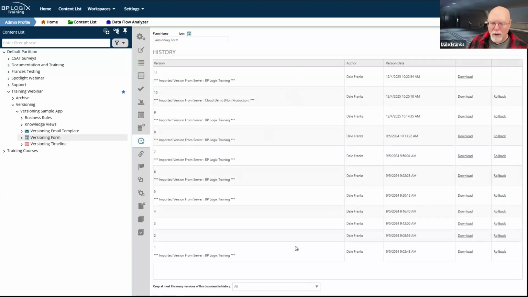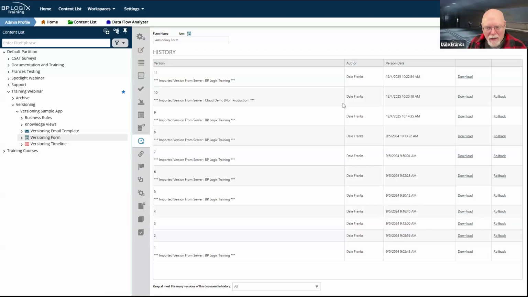You can roll back to those previous saves on the form. The only downside is if you've made a manual save like we've done here in 2, 3, and 4, you don't really know what the change is. The only real clue that you have is the date and the time that you made the change. If you're coming back to this 3 or 4 days later and you have 15 different changes on that date, that may not be super helpful to you, and you'd have to roll back one version at a time until you found the version that you want that does not have whatever mistaken change you made.